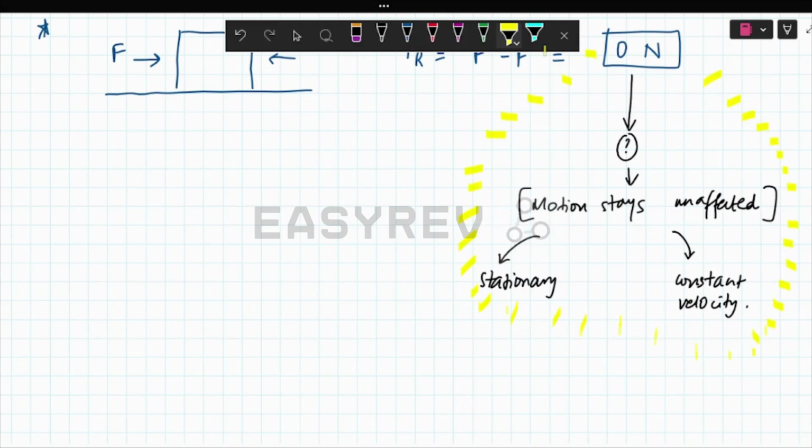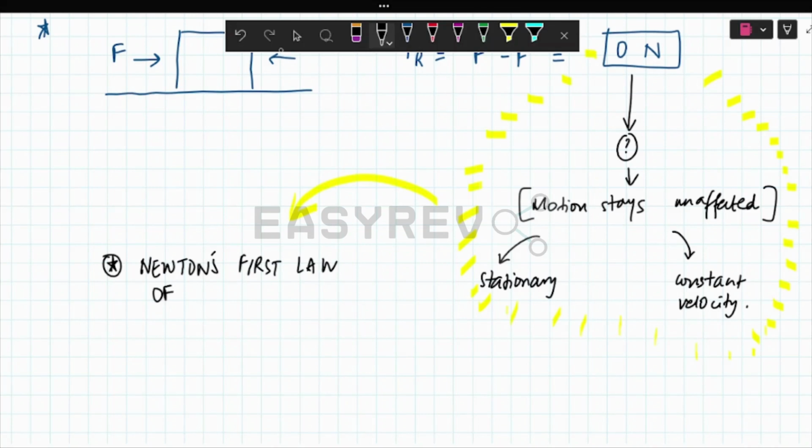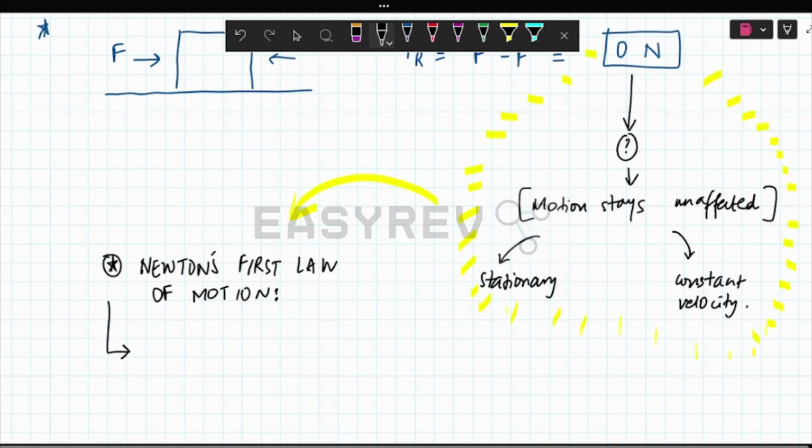This law is so important, in fact, that even Sir Isaac Newton himself worked on this, and called it Newton's first law of motion. So what I've described over here, let me present more formally as follows. What Newton's first law of motion states is that when the resultant force acting on an object is 0,